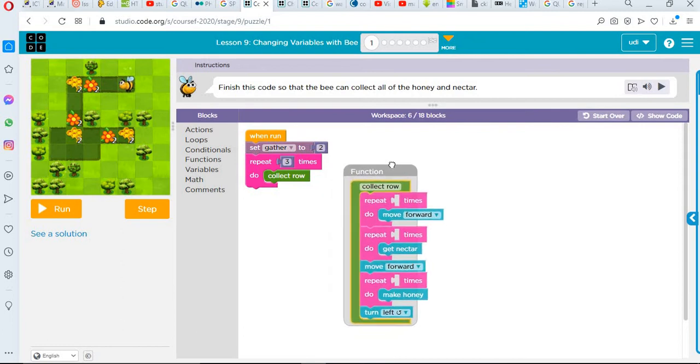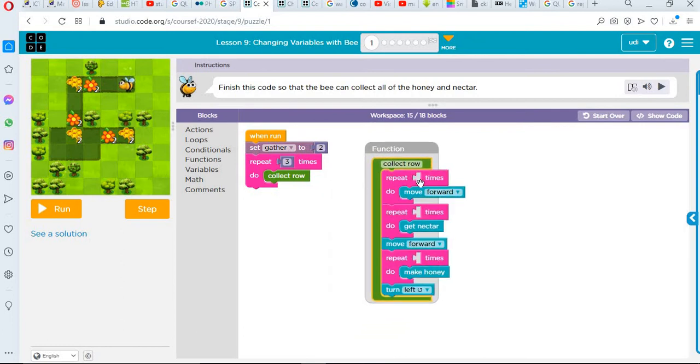Now, in our function block, they also give us space that we're going to put. But this time, we're not going to put numbers inside. Instead, we're going to be adding a variable. If you watch here, they say we should set gather. We already set gather at 2 times. It means that we're going to be gathering 2 items, which is the nectar, and also we're going to carry the honey. So it means that wherever we see a repeat, we're going to be putting the variable block,